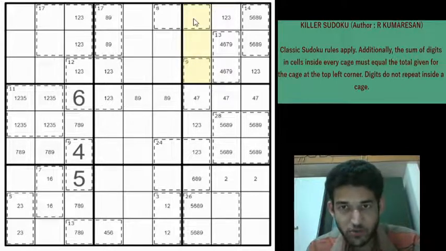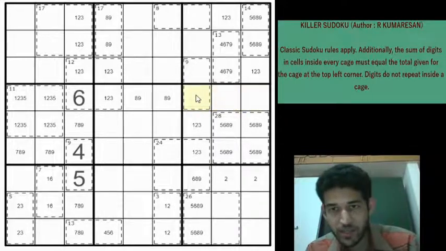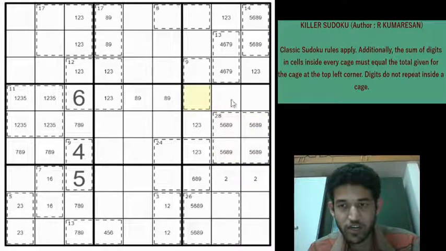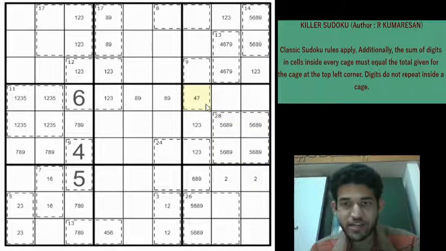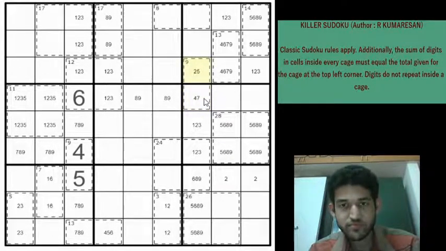But what does that do? We have a 1, 2 or 3 here, and we have 1, 2, 3 two times here, which means we are forming an invisible triplet, right? And what does that do? So in row 4 column 7, it eliminates the 1, 2 or 3. Beautiful. So now row 4 column 7 can't be 1, 2 or 3, it can't be 5, 6, 8 and 9. So it can only be 4 and 7, right? It can't be anything else.